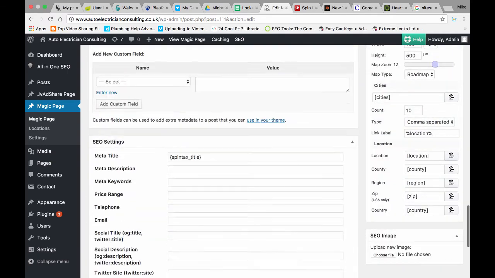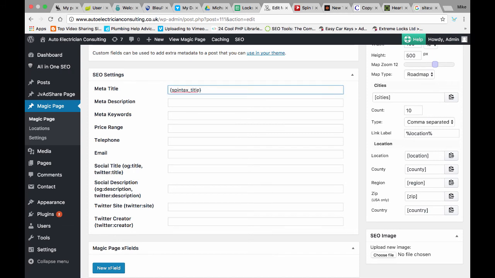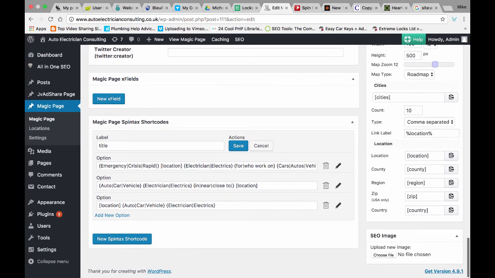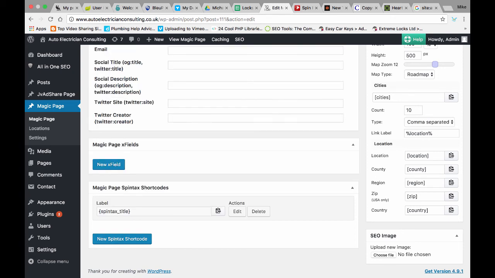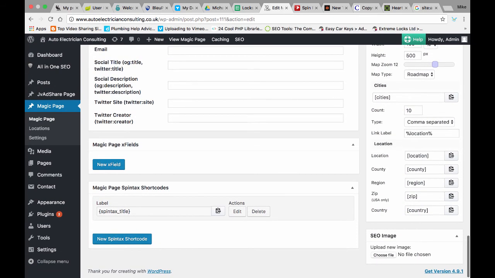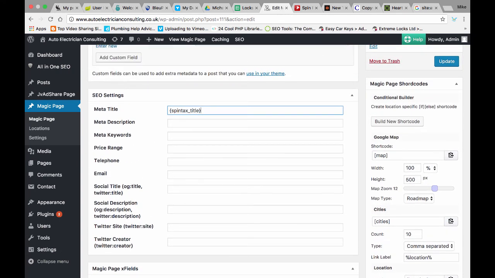And then if you want to get a little bit more complicated, rather than just typing your spun content into here, go down to the bottom, call it title, edit it, add a few different versions with spun content in, or add 10 really well written titles that are exactly as you want, and then save them. So the 10 perfectly written with no spun content in at all, save them and paste that into there, Spintax-title, which is this, and it'll literally just randomize all of them for you for them pages. So I like to find mine by going to Google, searching one of my main keywords, and just copying the title tags from the top 10